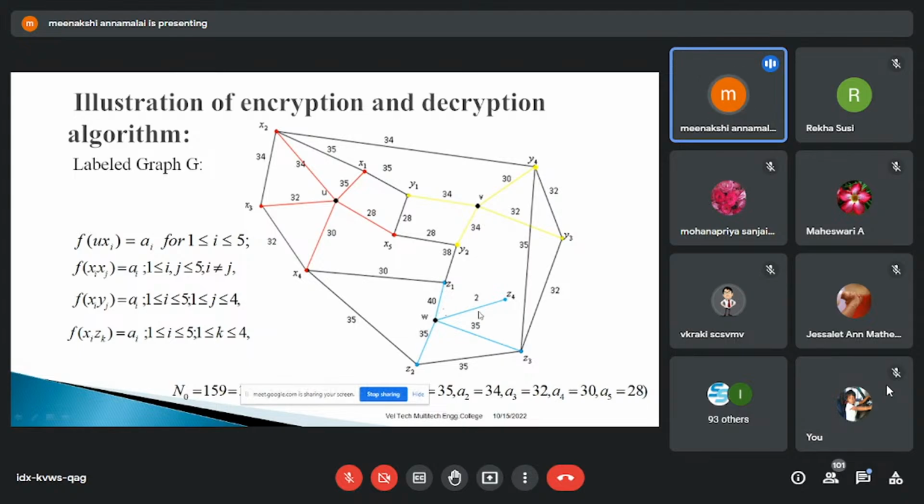And then for Z we have only 3 neighbors, but for the Y weight of 2, for that I drew this edge W z4. Along that edge I marked the weight as 2. I hope that you can understand. So for N1 also I marked it here, and then for N3 also.